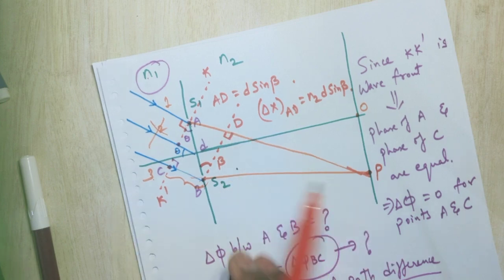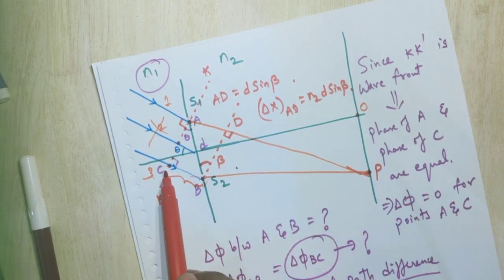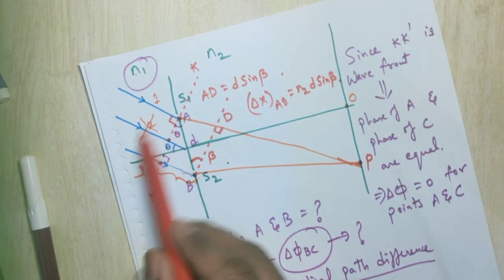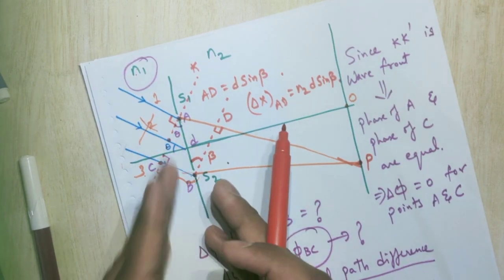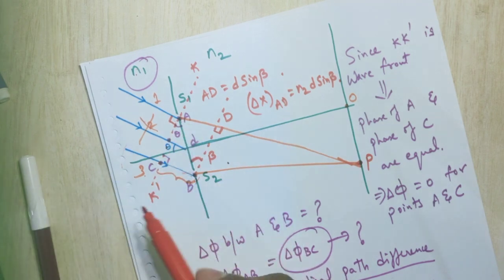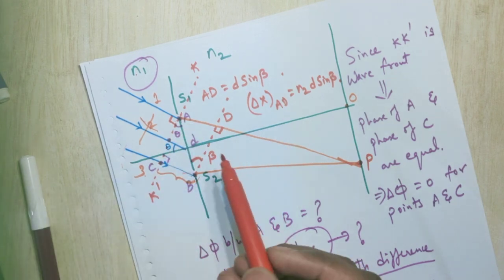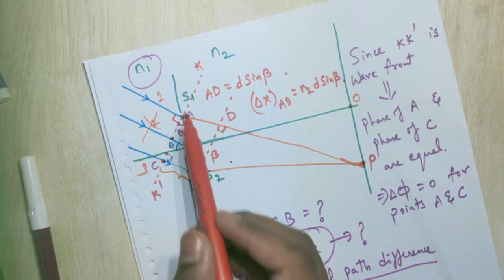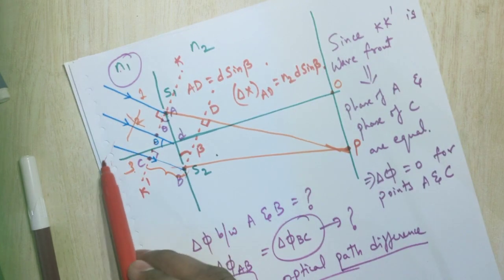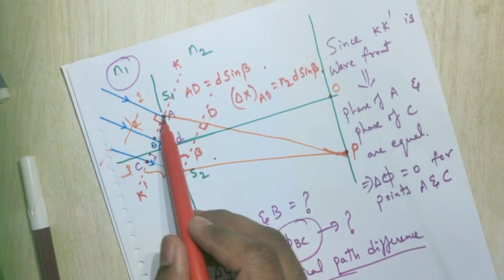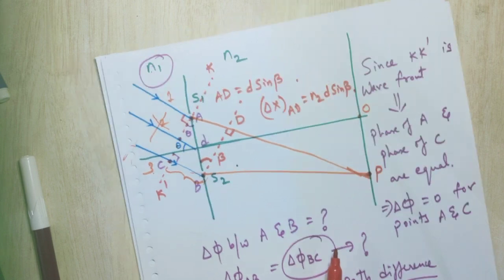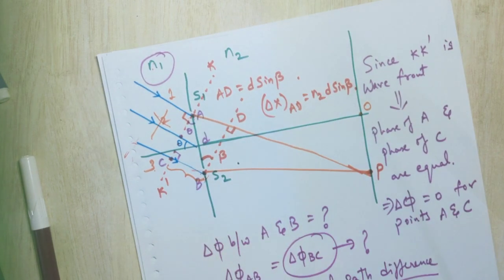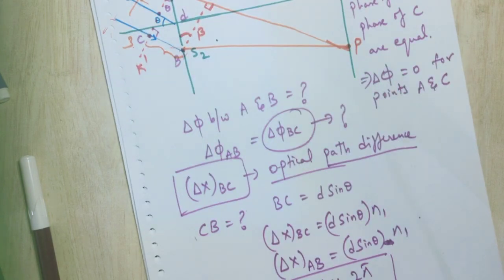And it is very clear that the phase difference caused between points A and B because of the light on the left hand side will be opposite to the phase difference created because of these rays. Because how can we say that? Because in N1 this third ray is traveling extra length, in N2 the first ray is traveling extra length. They should travel in such a way that the path difference here and the path difference here should be equal. So equate the path difference.